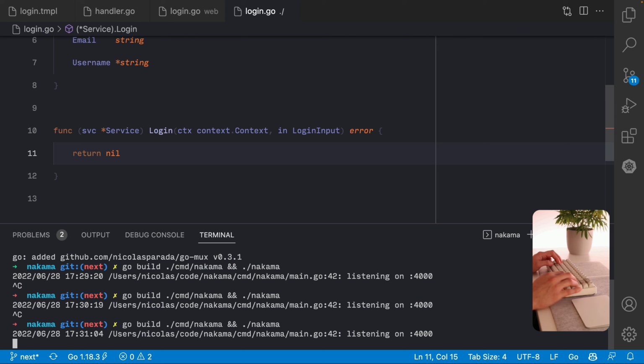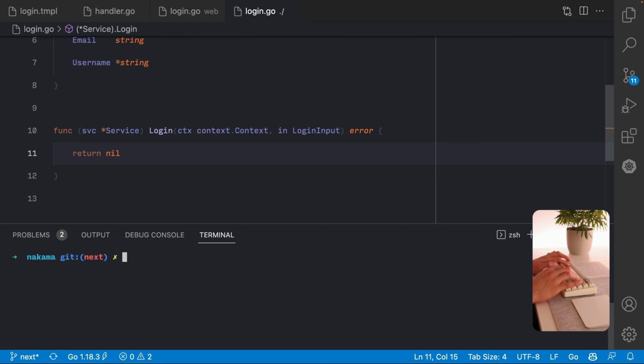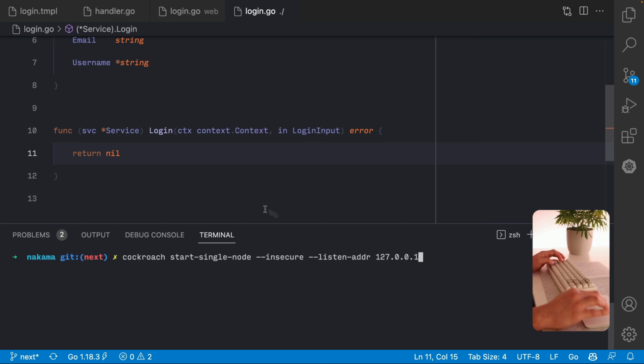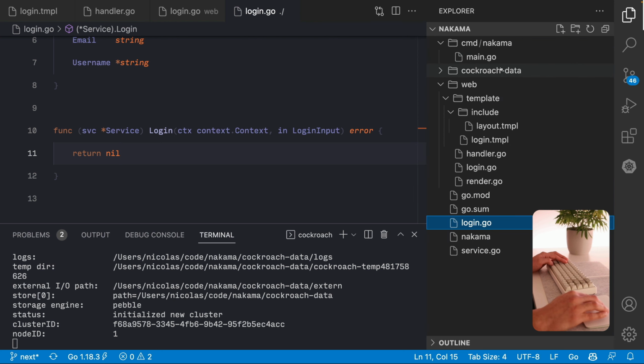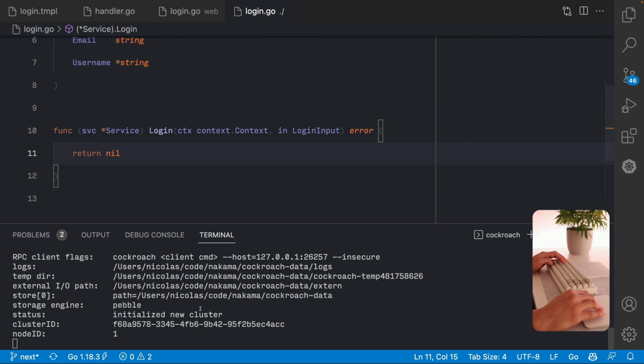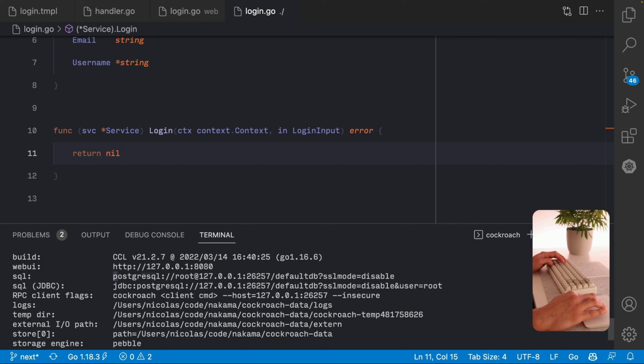So in the terminal, you can launch Cockroach with this command. Make sure to have it installed and start a single node with insecure mode, and you can pass a listen address if you like. By running this is gonna create a Cockroach data folder, and it's gonna give you a connection address.